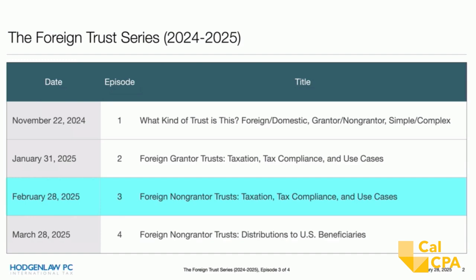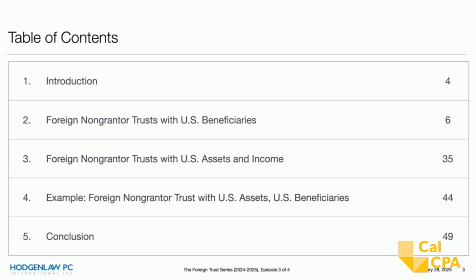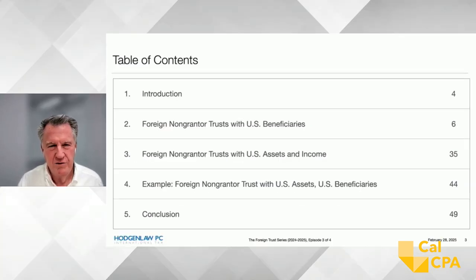So today I'm sort of hitting the highlights of foreign non-grantor trusts, and you can see from the table of contents that I'm looking at it from two perspectives. I'm looking at foreign non-grantor trusts. They'll have income wherever, but the key problem for U.S. income tax purposes is that they have U.S. beneficiaries. And so when money comes out of the foreign non-grantor trust to the U.S. beneficiary, you've got a problem. And then I'm going to go into foreign non-grantor trusts that have U.S. assets